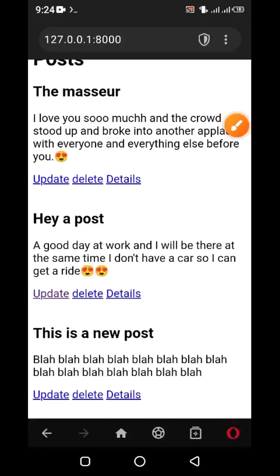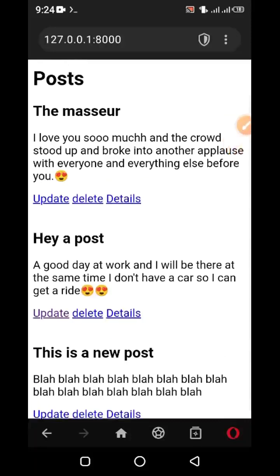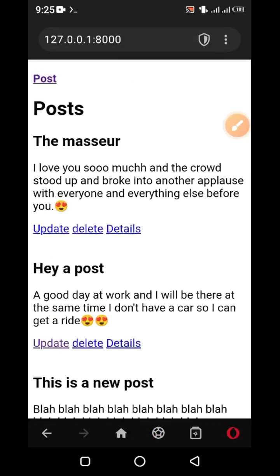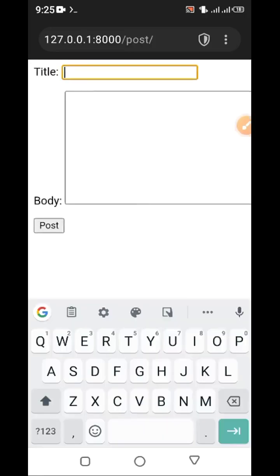So this is what we're gonna build in this whole tutorial. We're gonna build a site where we can post, we can update the post, we can delete the post, we can view the details. Now here I can tap on the post. If I tap on the post, it'll take me to this page where I can just go ahead and give